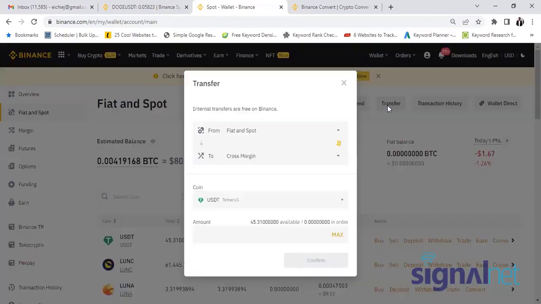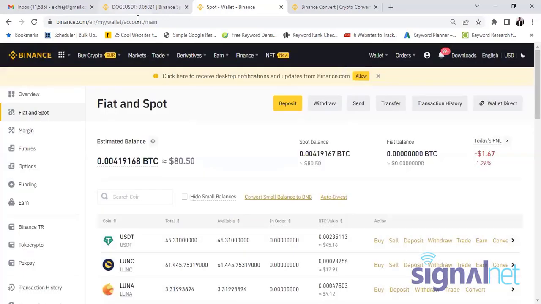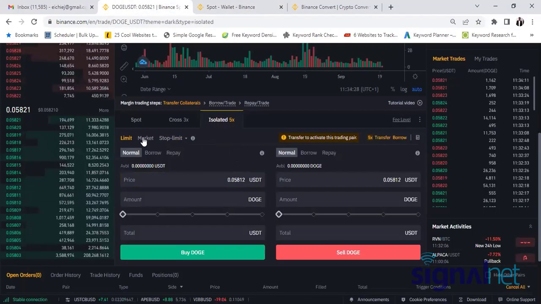You click on transfer. When you click on transfer, you can see cross margin, isolated margin. So when you select the isolated margin, if the funds you want to use to invest is in your fiat or in your funding, depending on where it is, you now move those funds to your isolated margin. Once you move it to your isolated margin, that money will be in your isolated margin account. Then any trade you now take inside this place with that money,